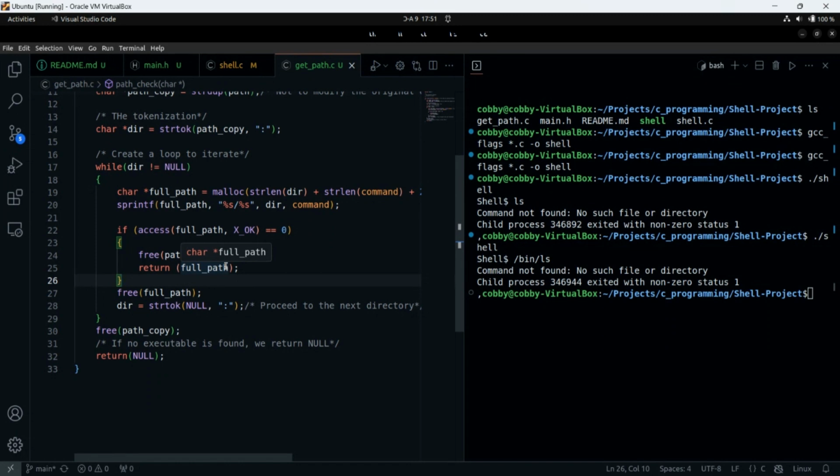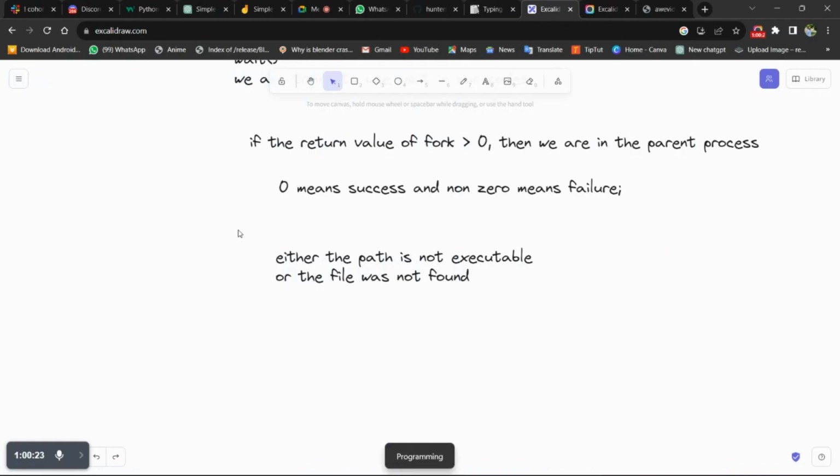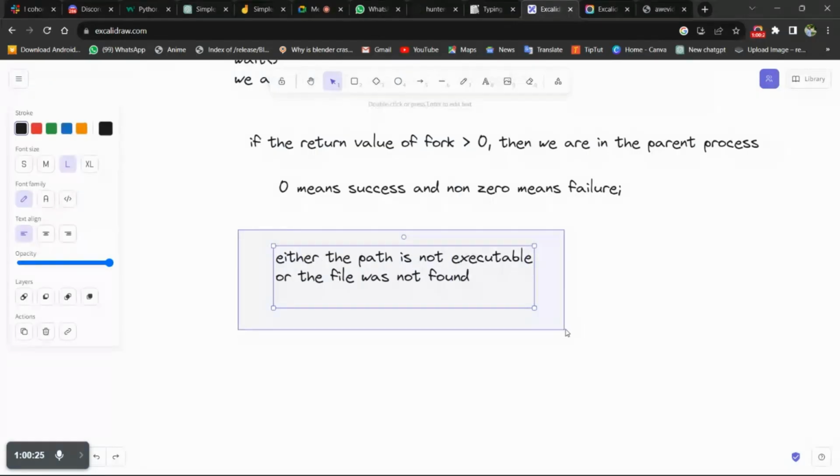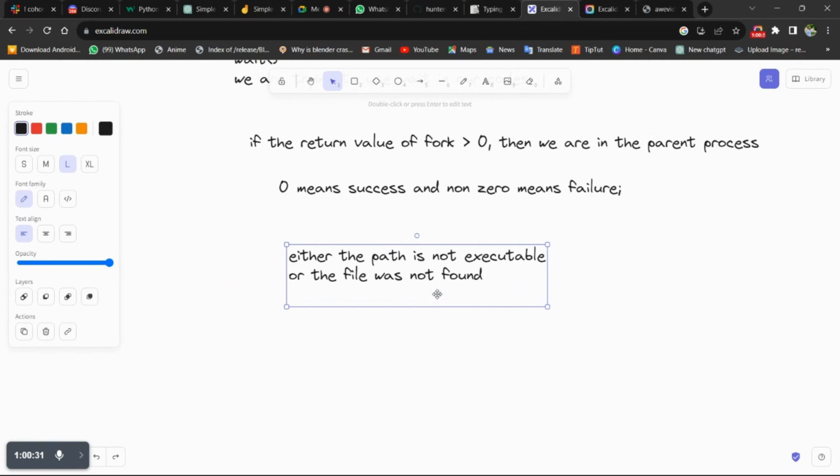Okay, so this is what we want to do. After we run the program, it's saying that command not found, right? And we understand that some of the things that can lead to these errors are that either the file is not executable, or the file was not found. And we are trying to debug this file not found, right?